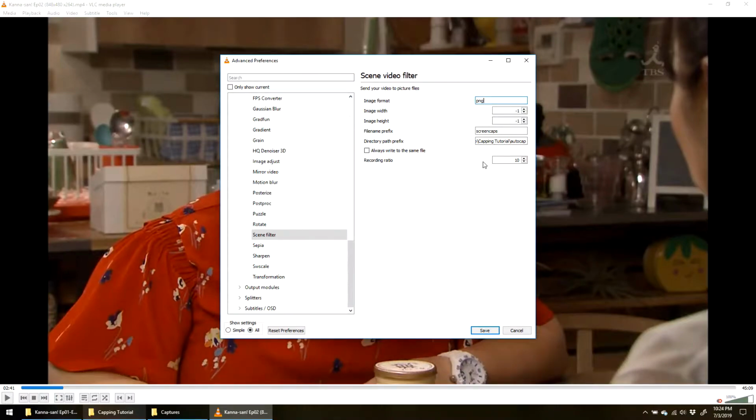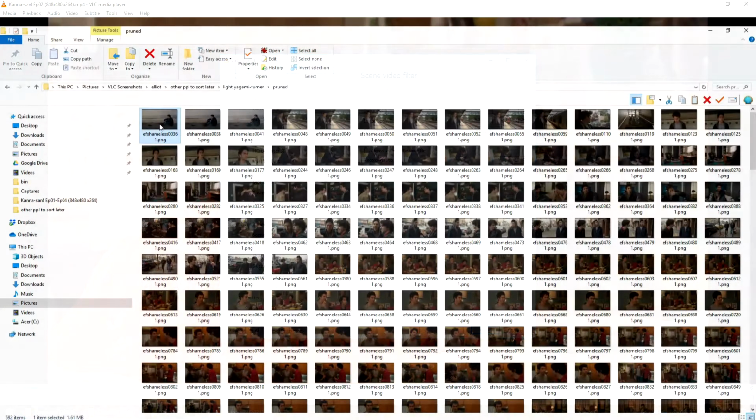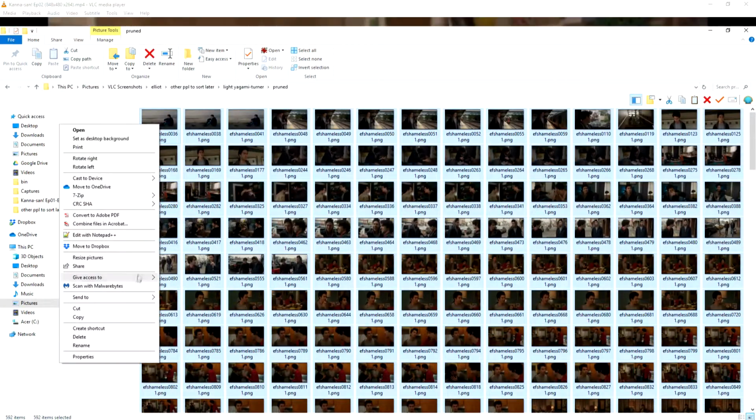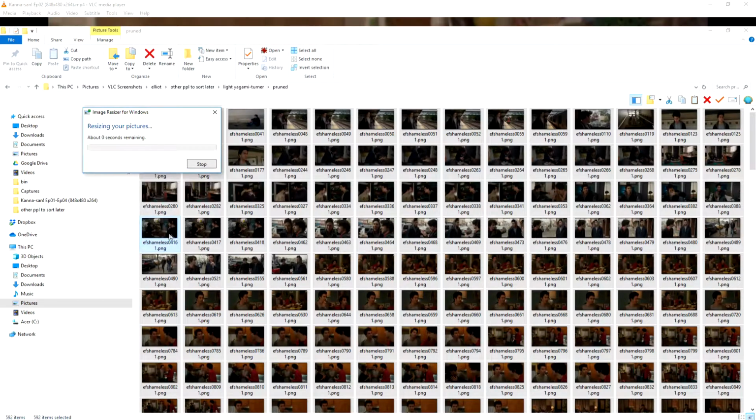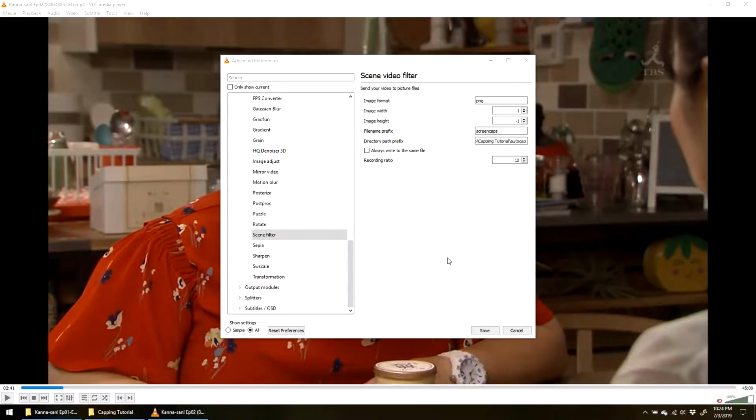I just use a different program called Image Resizer for Windows to resize my caps so they're not large, huge, because my caps are used by people who make 100 by 100 pixel icons, so they don't need to be big, but it's up to you and your preferences. Anyway, you could set the file name prefix to whatever you want. Sometimes I'll just call it screen caps. Sometimes I'll put the name of the person I'm taking caps of. Usually just screen caps because I'm lazy and I don't want to go back to the settings every time to change it.